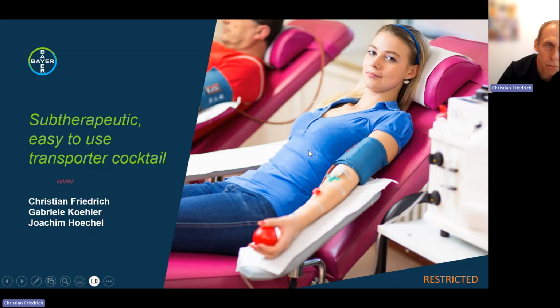The idea I'm going to pitch today is on behalf of a full team, and Gabriele and Joachim are the other members of that team. It's about a subtherapeutic, easy-to-use transporter cocktail. What we want to achieve with that subtherapeutic transporter cocktail is to prevent unnecessary conduct of additional phase 1 studies during early